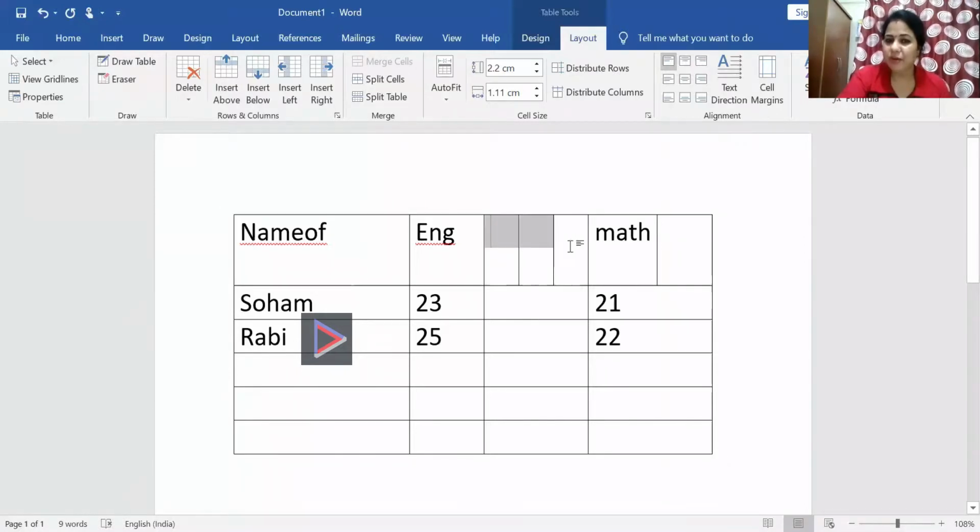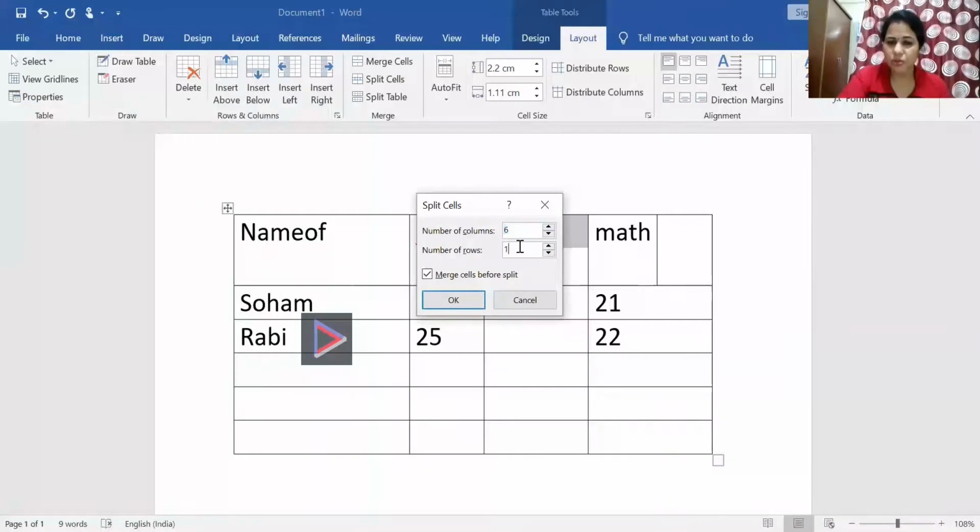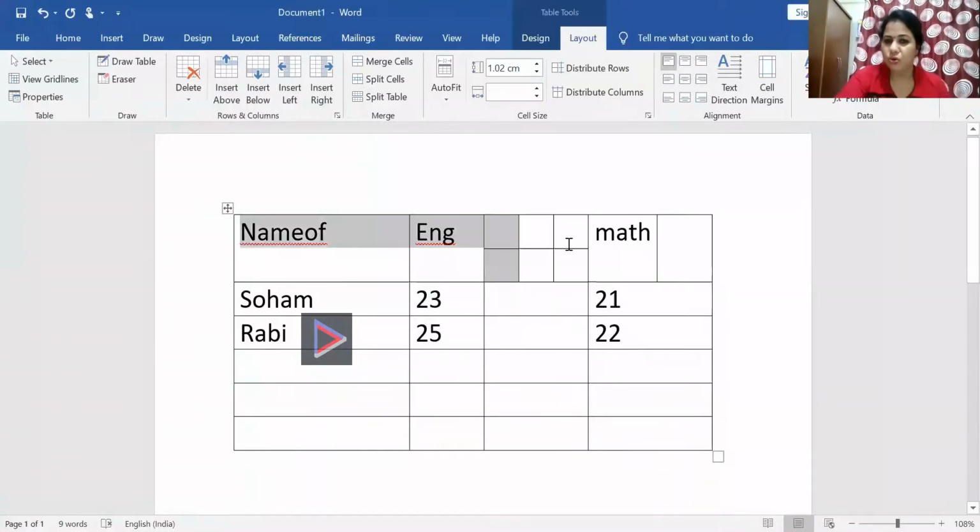Okay, same way if I want to split the rows also, you just click here, number of columns will be 3, and number of rows 2 if I want. Just you look at here, then how it will be. Okay, 2 rows, all of you just see here 2 rows, it is divided the cell as 2 rows and 3 columns. Okay, the splitting means a particular cell has to be divided into different parts.